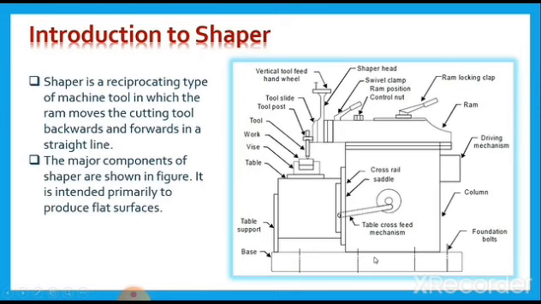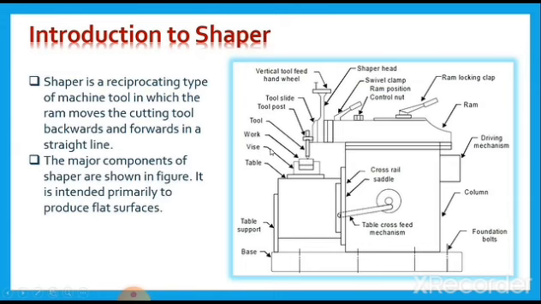So you can say this is your base on which this vertical column is mounted along with the table support. Here you can see the table cross feed mechanism, and here the driving mechanism, like the motor, which is going to be mounted. This is your ram, which may move forward or backward along with this tool post, and the tool is going to slide. This is your vertical tool feed, so that the tool can move upward and downward, and these are the other controls for the ram position. Okay, and this is your table support, on which the table and the vise are mounted.